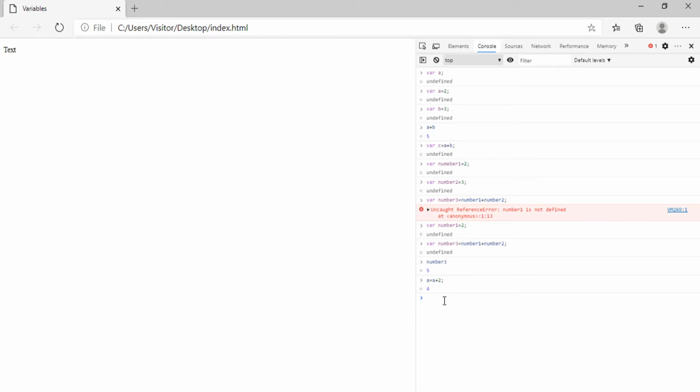How to create a double number, for example. So the variable will be a double number is equal to 3.5, and here